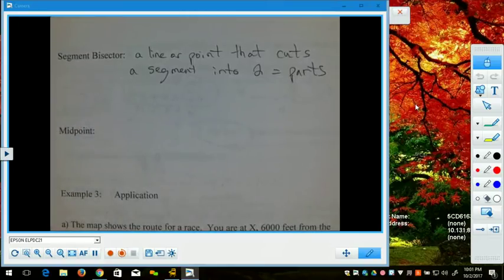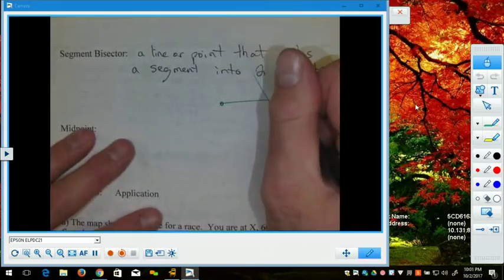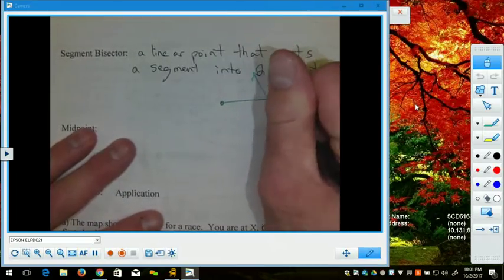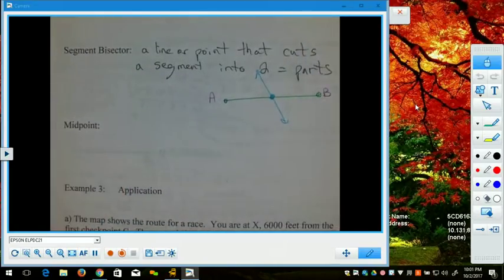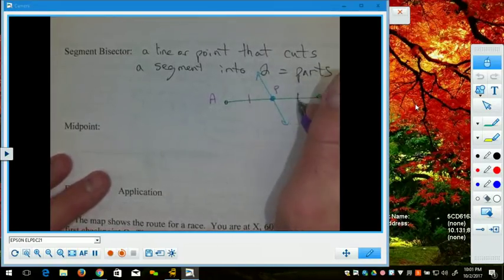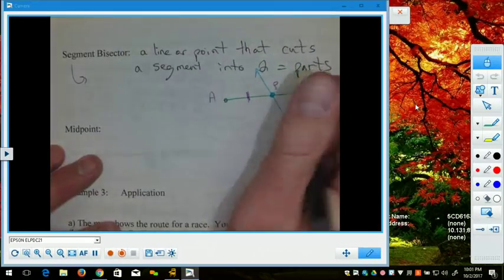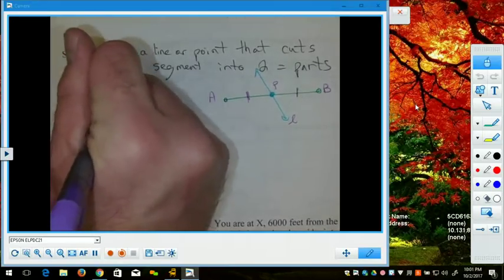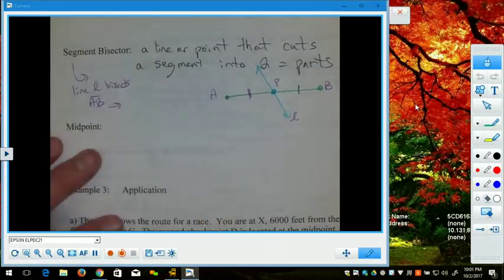So the idea is I have a segment, AB, and either some line that passes right through the middle of it or some point that sits right on it. Here's A and here's B, and we'll call this point P. It ends up cutting it into two equal pieces, so two congruent pieces. We'll call this line L. Line L bisects segment AB, giving us the following result, that the segment AP is congruent to the